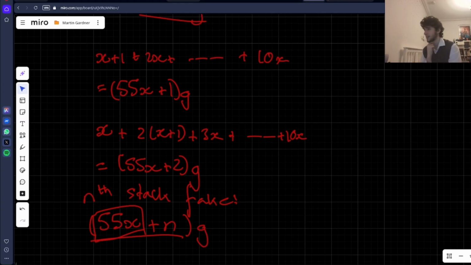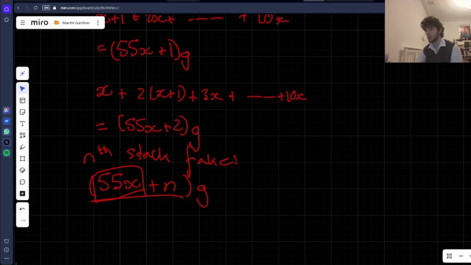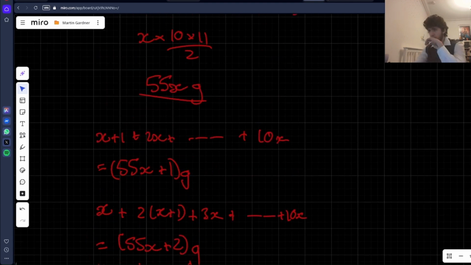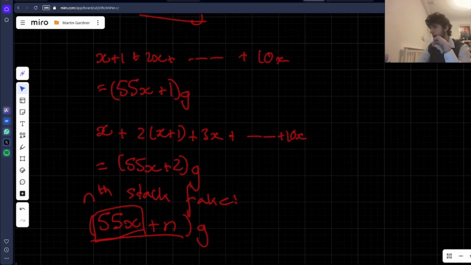So if you calculate what that n is, then you'll be able to know that will uniquely identify which stack was fake, right? Because that n contribution is exactly coming from the fake stack, because we know that each of the fake coins weighs 1 gram more than each of the real coins. And so by doing this, by combining these coins into one big stack and observing the difference in that mass,